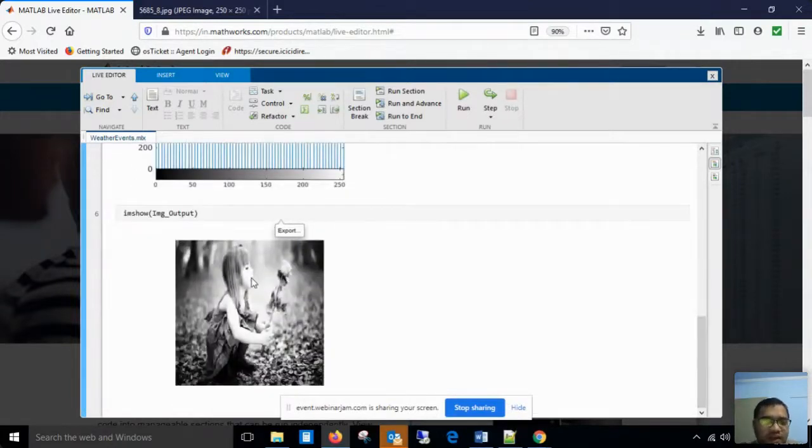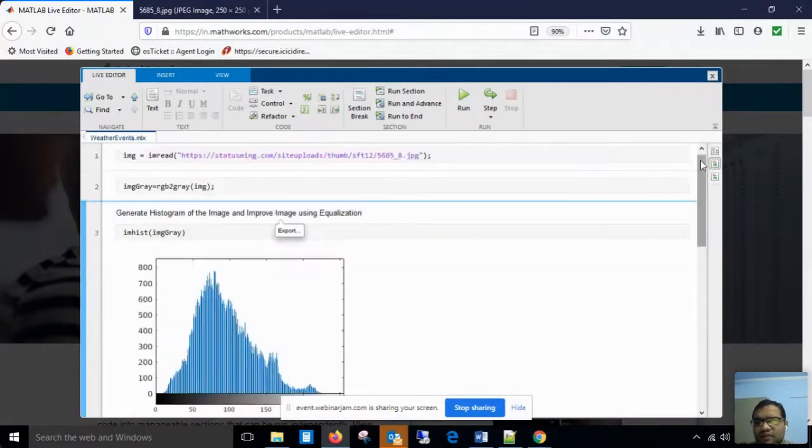Of course this image has been degraded because the image was already of good quality, and when you applied contrast stretching, the contrast improvement changed the image quality, right? So you can see more contrast has been introduced into the image, but from our point of view the image has been degraded rather than improved, right? So this is the way you can perform equalization.